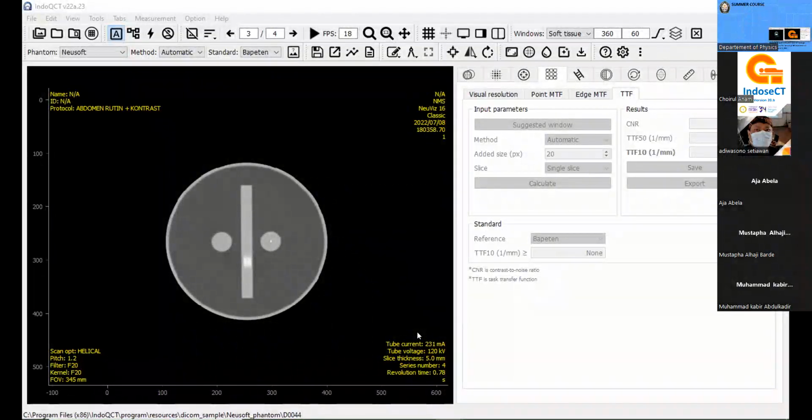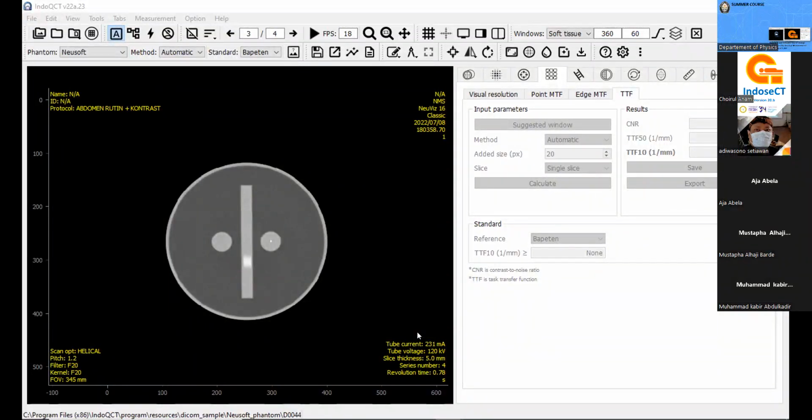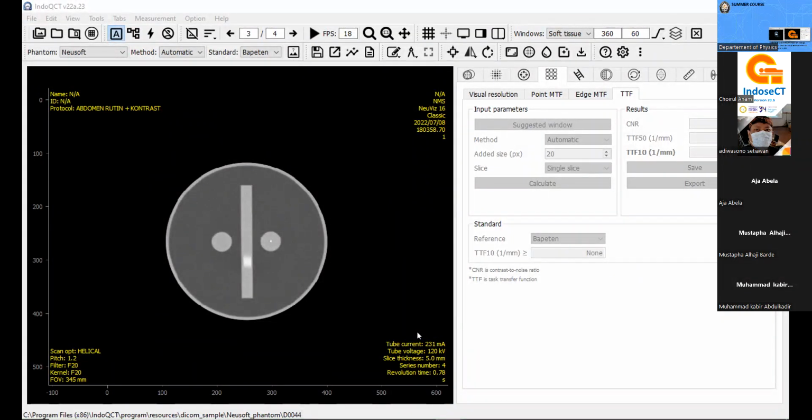Yeah, maybe for Indonesia, if TTF should be measured and this is stated by, for example, Bapeten, I think it is very difficult to implement in clinical hospitals because they don't have the software, and maybe they don't have the phantom.